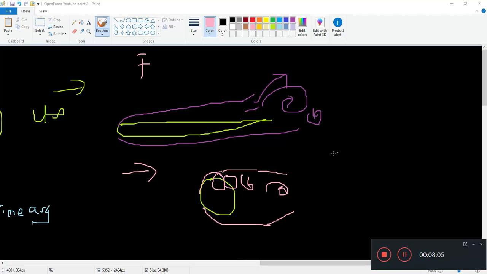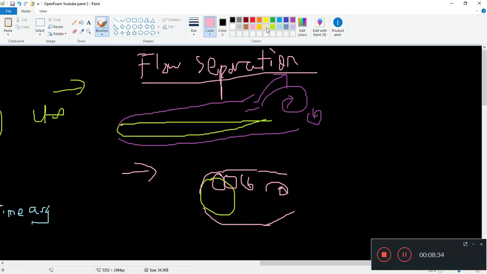Flow separation, I'm not going to go into detail, but that's where you usually have a lot of vortices happening. It can be a turbulent vortex, which is usually the case when you have airflow over a plane, definitely turbulent flow. So that's what flow separation is about. And the k-epsilon model doesn't model this very well